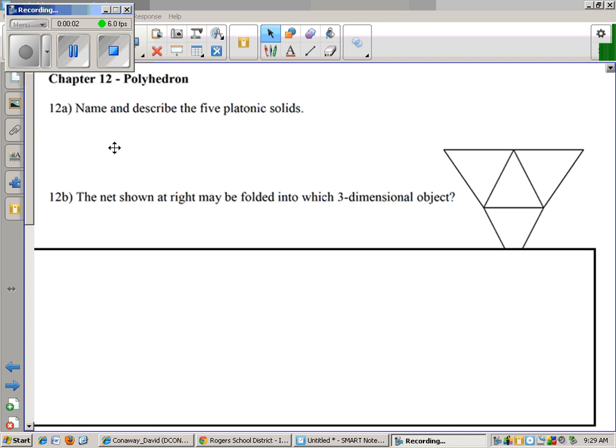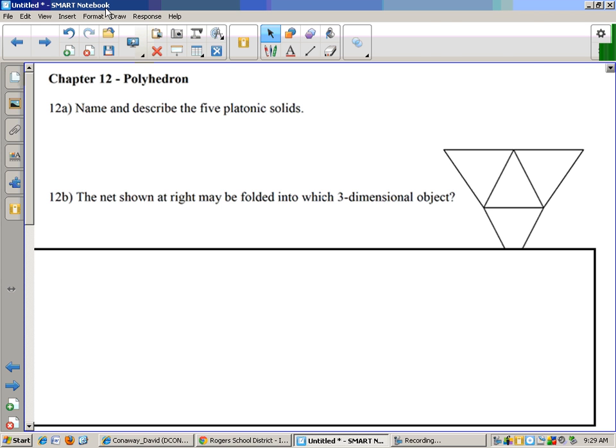So this is chapter 12, polyhedrons. Name and describe 5 Platonic solids. Platonic solids were solids that had the same shaped face on every side. So one of those would be